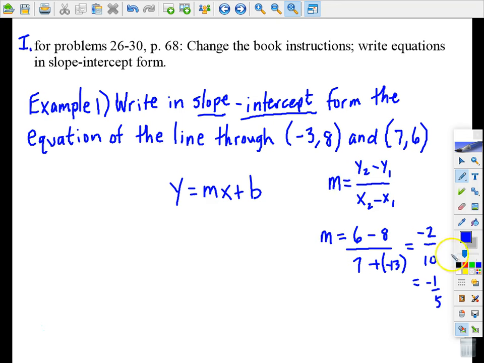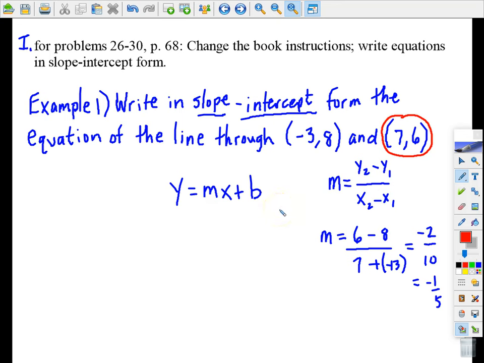Okay, well at this point I can choose. I don't need both of these ordered pairs any longer. I did need them in order to come up with the slope, but now I don't. I can just pick, and it doesn't really matter which one I pick. They're both on the same line, so I'm not really wrong in picking one or the other. I think I would rather stay away from negative numbers, and so I'm going to pick this ordered pair,